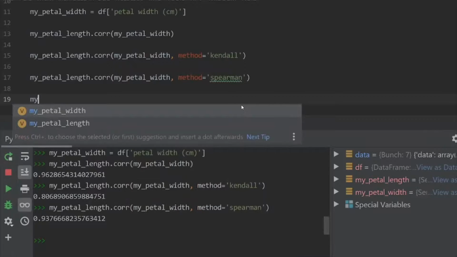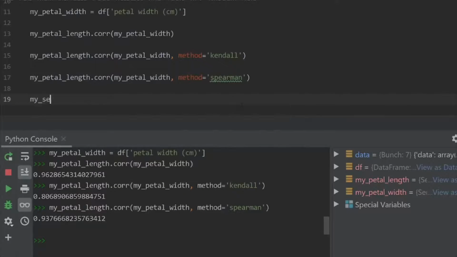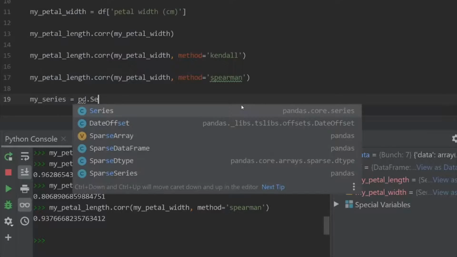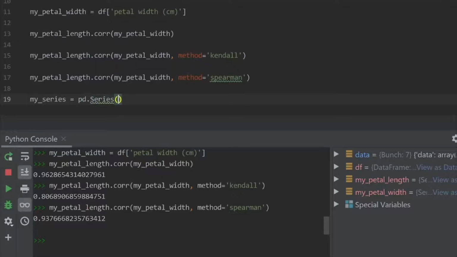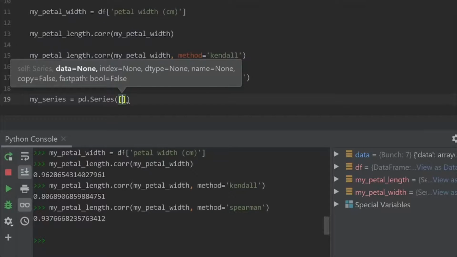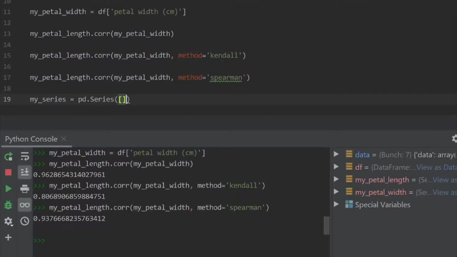Now I'm going to create a new series called my series. To this we'll say pd.Series and we'll just pass in the numbers. We'll have 100, 200, 300.